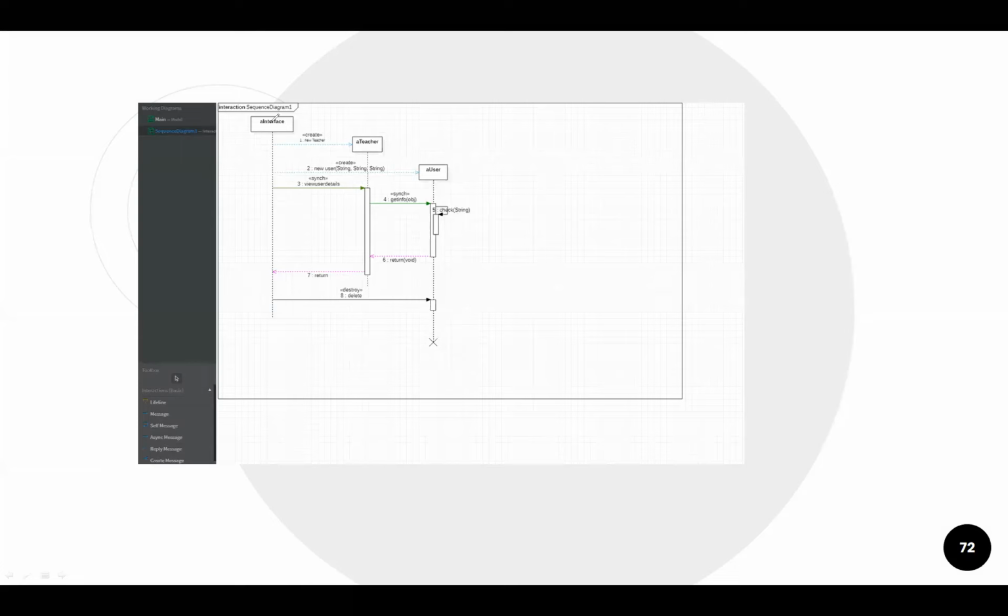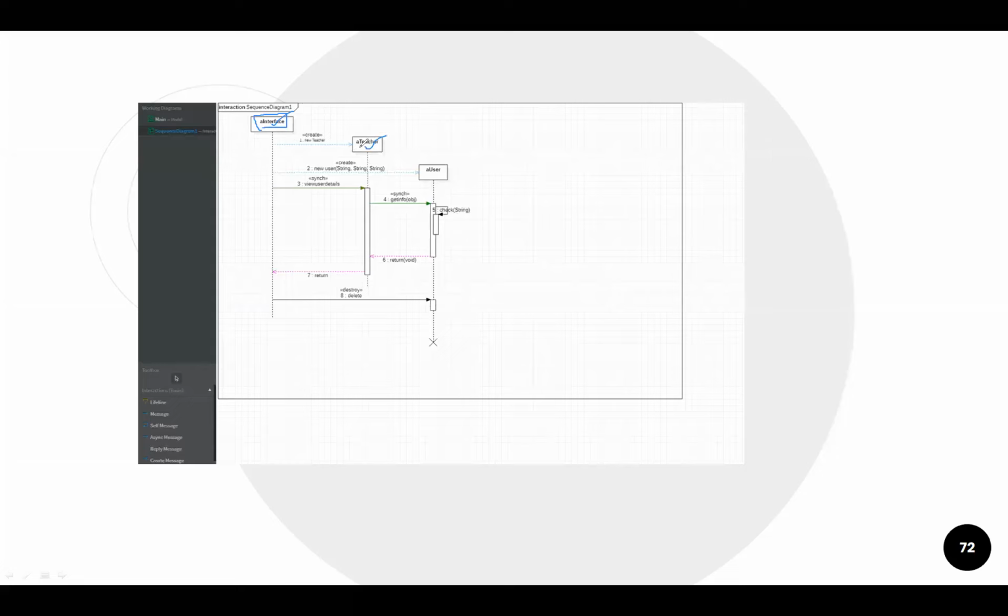In the sequence diagram, first we have to draw this rectangular box. I will give a tutorial on how to draw this, but as of now, just understand that inside this rectangular box we write the object name. For the interface class I am going to create one object, and for the teacher class I am going to create one object.